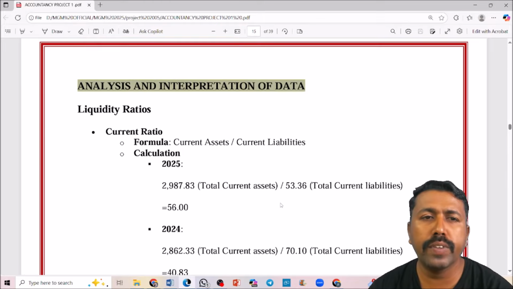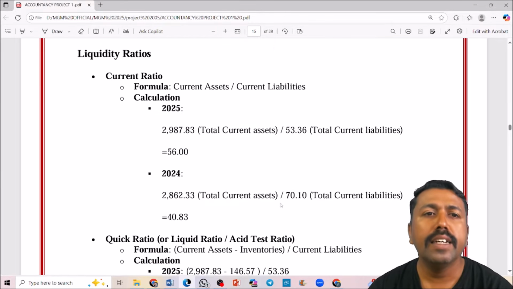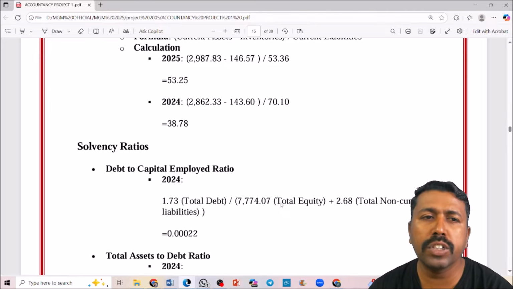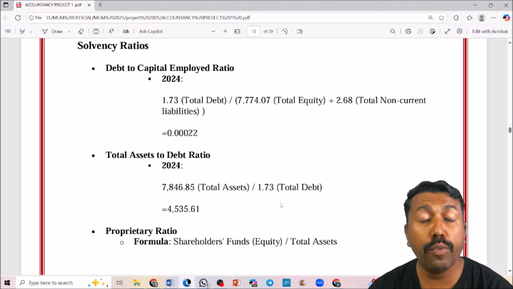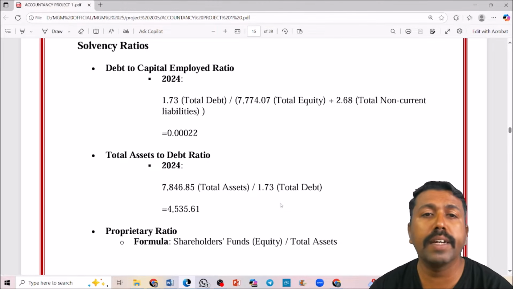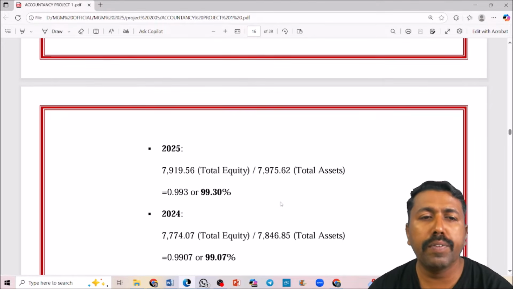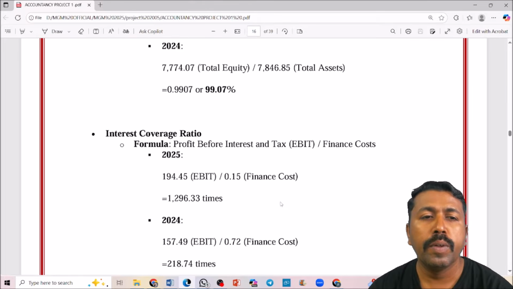Analysis and interpretation of the area, where you can write the detailed steps of the equations, taking the values from the balance sheet above. You can take current ratio calculation and quick ratio calculation. With the available data, you can do the maximum calculation for debt to capital employed, total asset to debt ratio, profitability, proprietary ratio, then